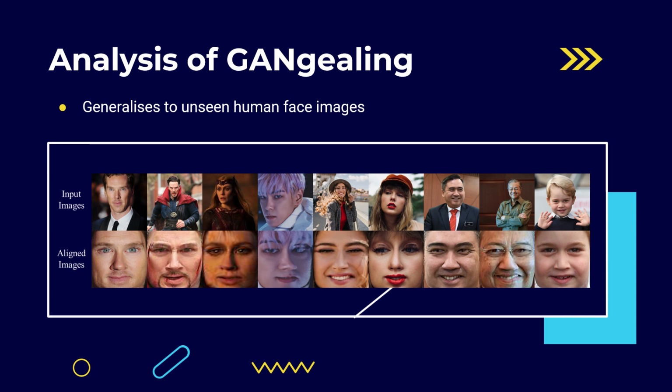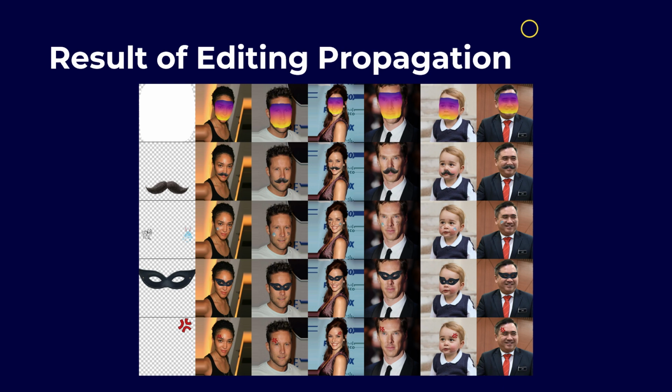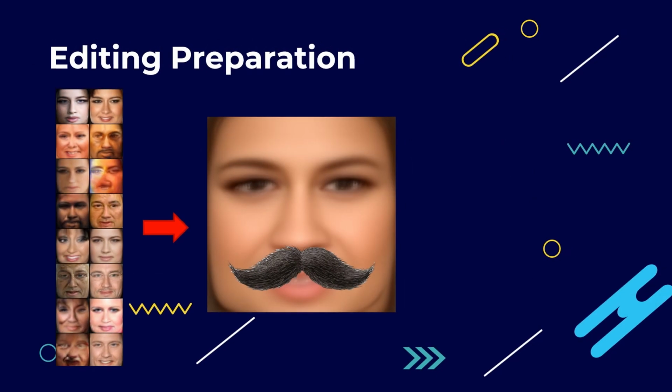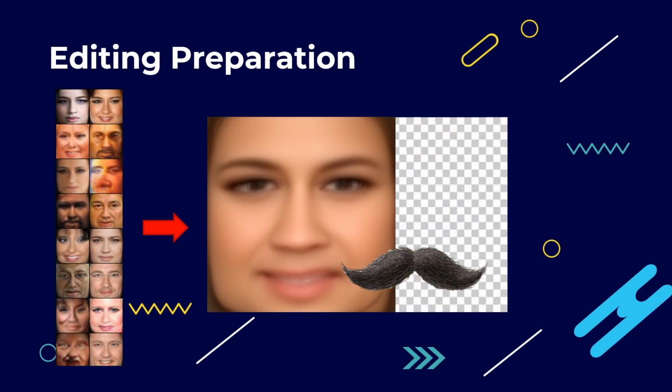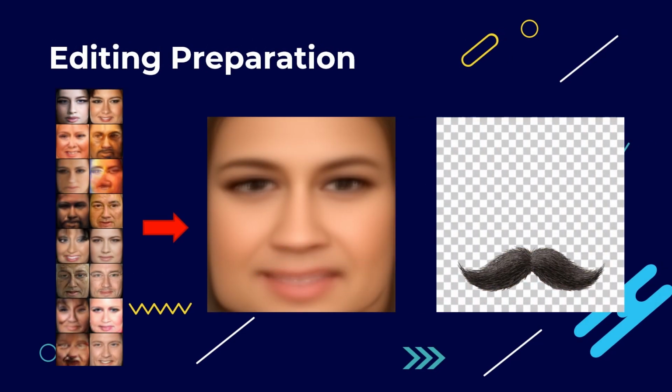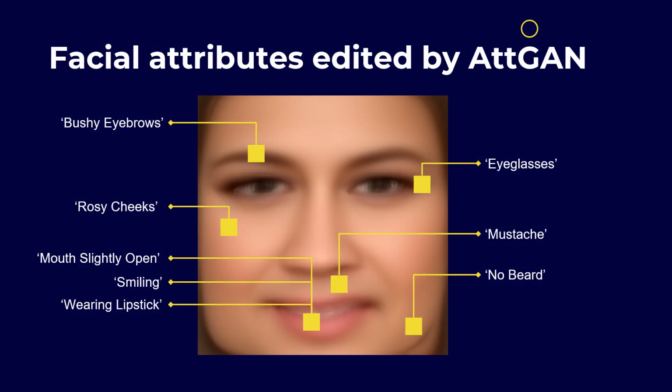As mentioned before, the pre-trained StyleGAN tool used in GAN is trained on Cecelia. However, the well-trained GAN can also generalize to unseen human face images. The editing method suggested by the author of GAN is to add on some objects to the images as shown in the figure. Before that, those object images need to be prepared based on the average aligned face to ensure the correctness of propagation. However, this project tries to utilize a generative model to edit the facial attribute of the